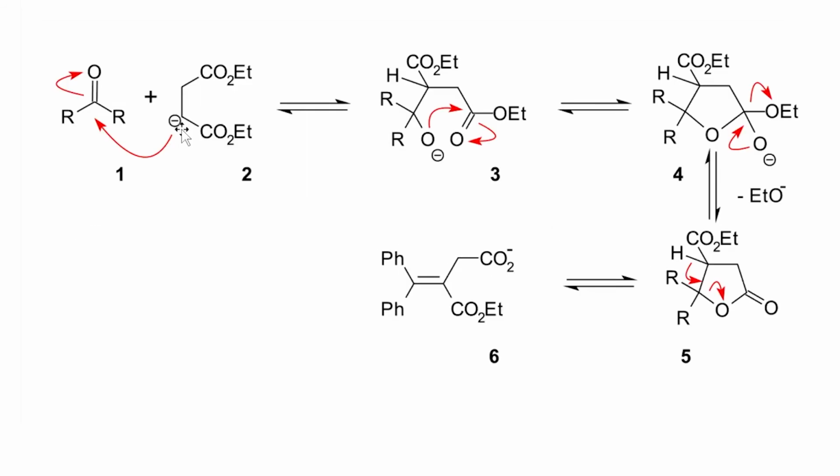As I mentioned, the enolate that is produced here is going to then react with the ketone, and it forms this tetrahedral intermediate. The interesting thing about this is that the ketone oxygen, O minus, is actually an alkoxide ion. Because there is a second ester present here, this alkoxide can close the ring in principle and produce a second tetrahedral intermediate, which can then collapse and kick out the ethoxide ion. Now, what you're producing is what is known as a lactone.